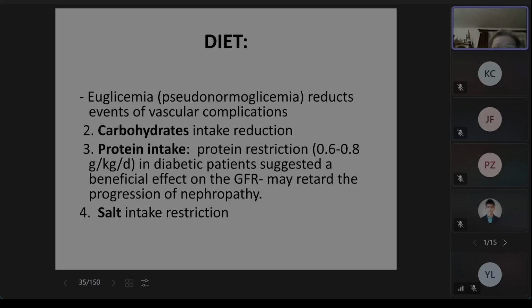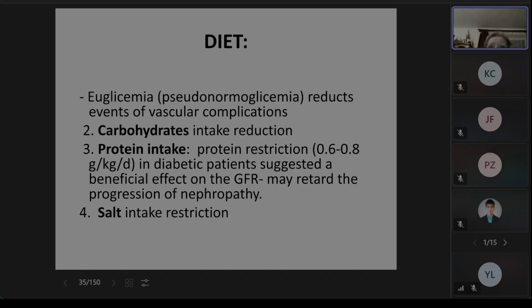Another point is connected with the diet. It is very important to achieve euglycemia. So you have to reduce carbohydrates intake as well as protein intake. Reduction in carbohydrates intake can improve the body mass index and also can achieve proper values of glucose level, also glycated hemoglobin level. As regards protein intake, it is very important to sustain the